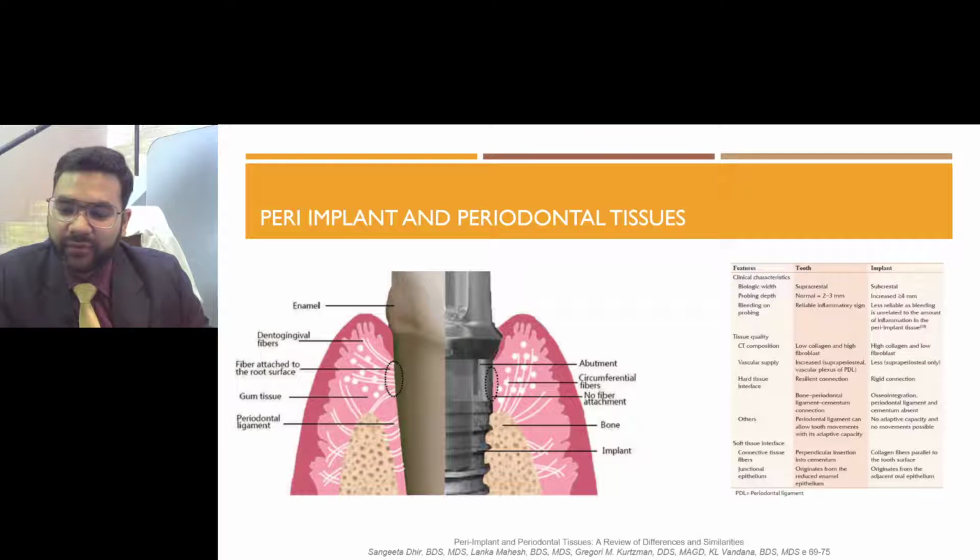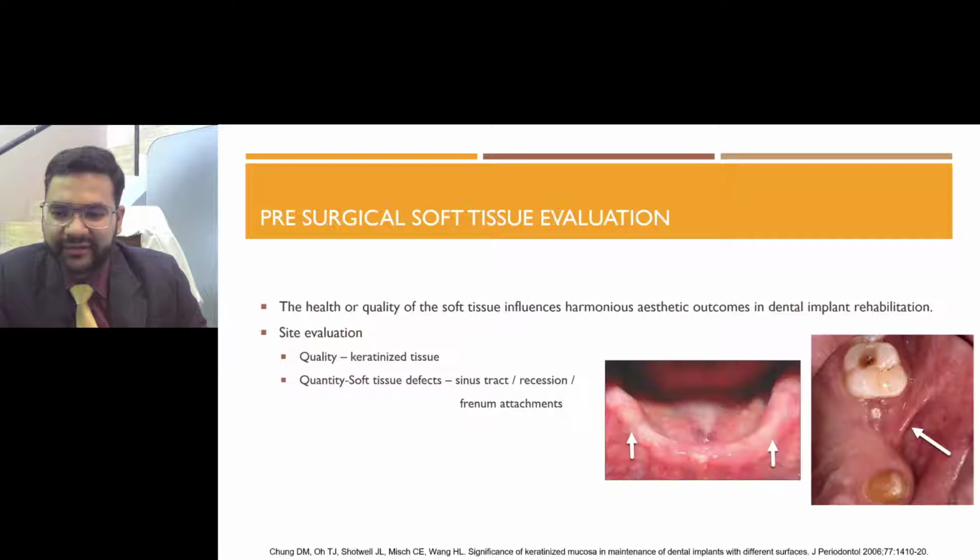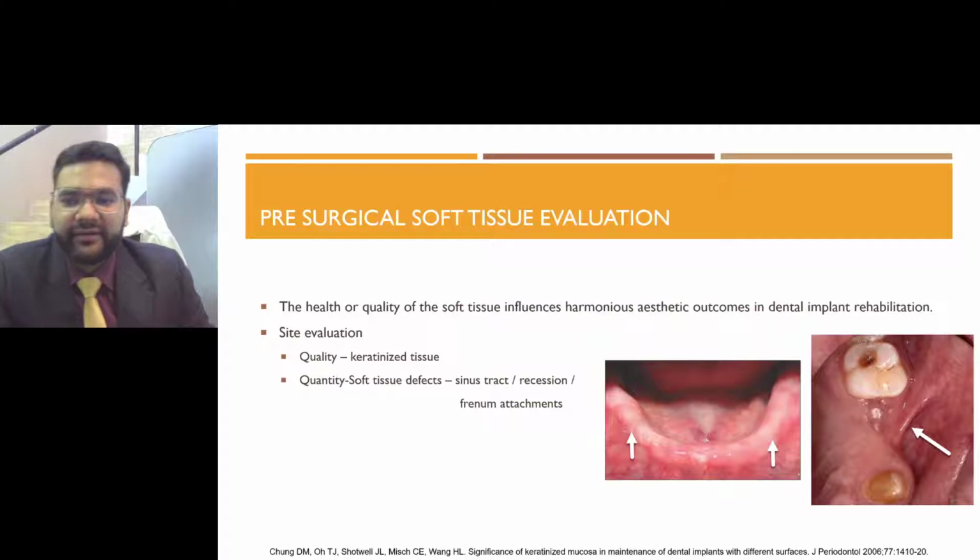Now it becomes more necessary to have a healthy, well keratinized attached tissue adjacent to the implant. So let's see how we can do that. When a patient walks into our clinics, we need to evaluate the patient. We definitely evaluate in terms of having a CBCT to check the bone, to check the site, the occlusion and all the other factors, but often I have seen dentists not